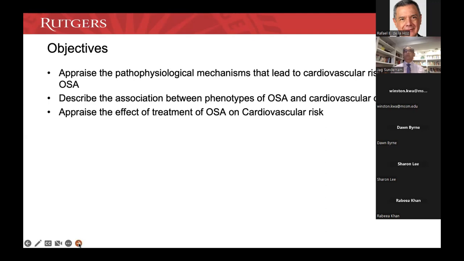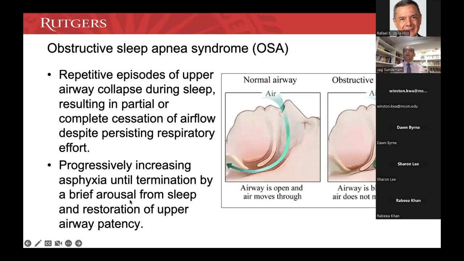on cardiovascular risk. I'm guessing that everybody in this audience knows what sleep apnea is, but essentially there's repeated upper airway collapse during sleep, and there's either a partial or complete cessation of airflow despite the patient making a respiratory effort. That's why it's termed obstructive. There is progressive asphyxia. Finally, there's termination of this asphyxia with a brief arousal and a restoration of upper airway